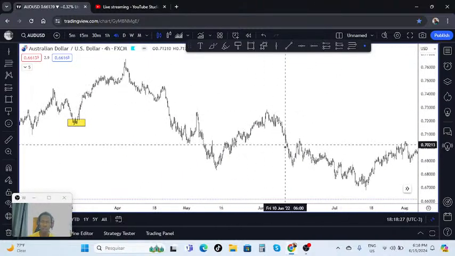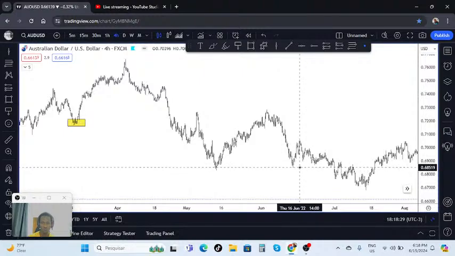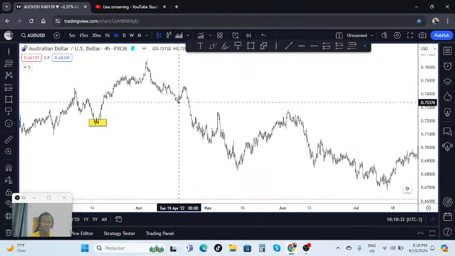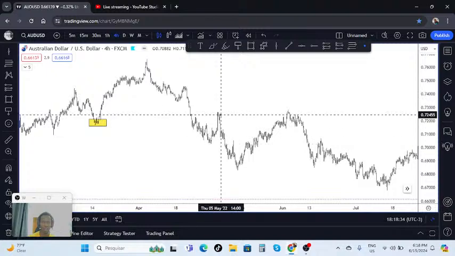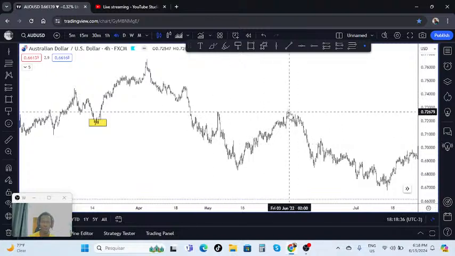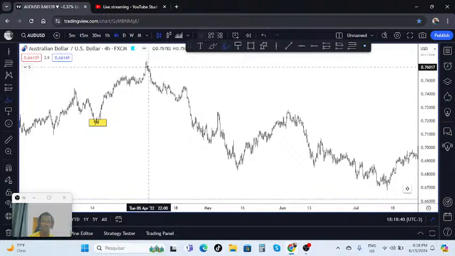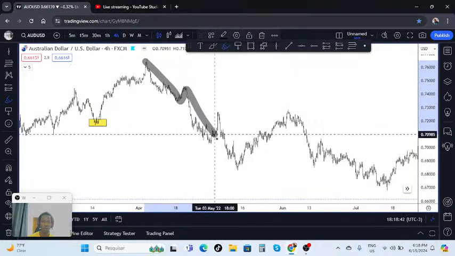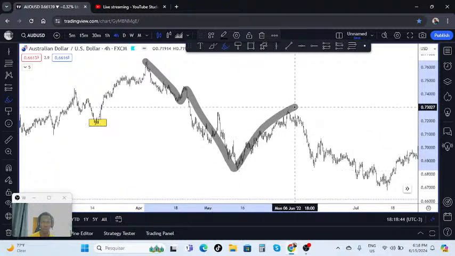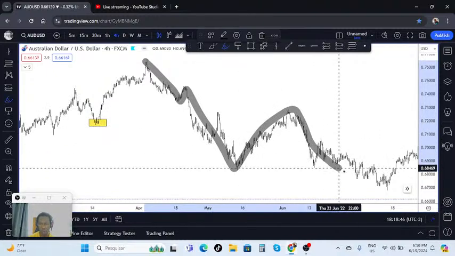But the market made a new low. It made a new low. So this was extension, retracement, extension, retracement. It made a new high, so we are not going to consider this anymore. So it's going to be extension, retracement, extension, retracement, and the market went down, down, down, down, down, made a new